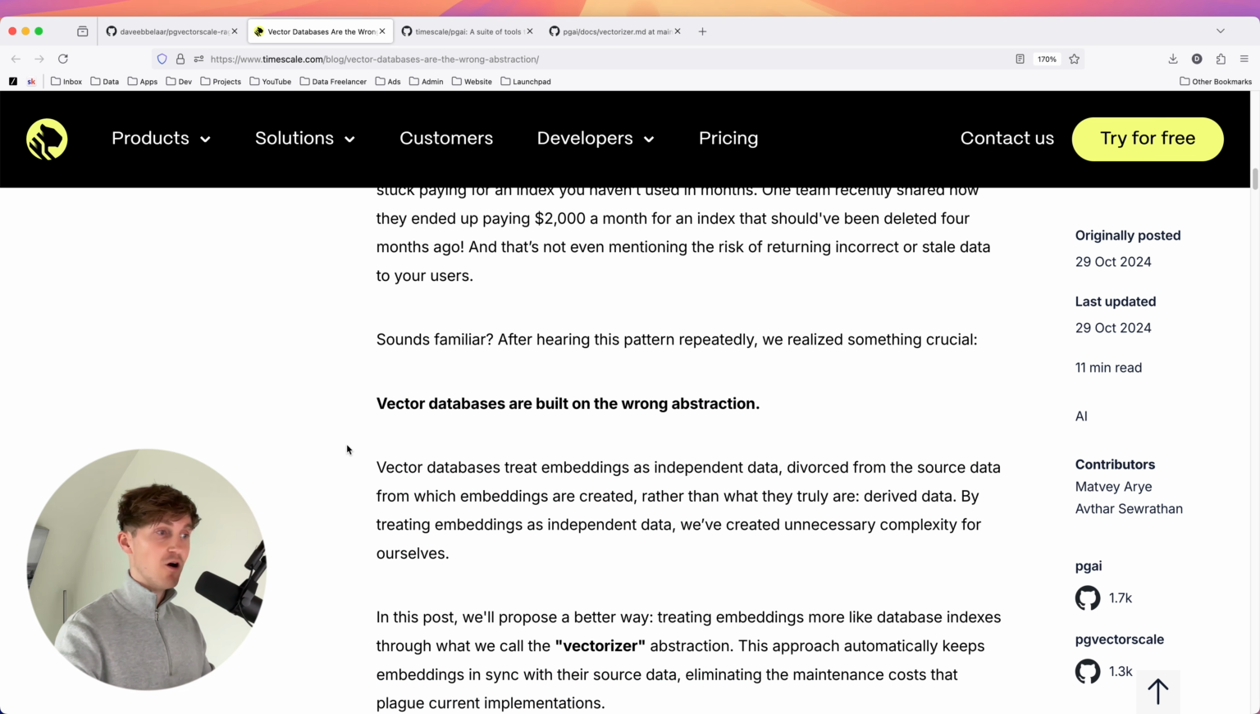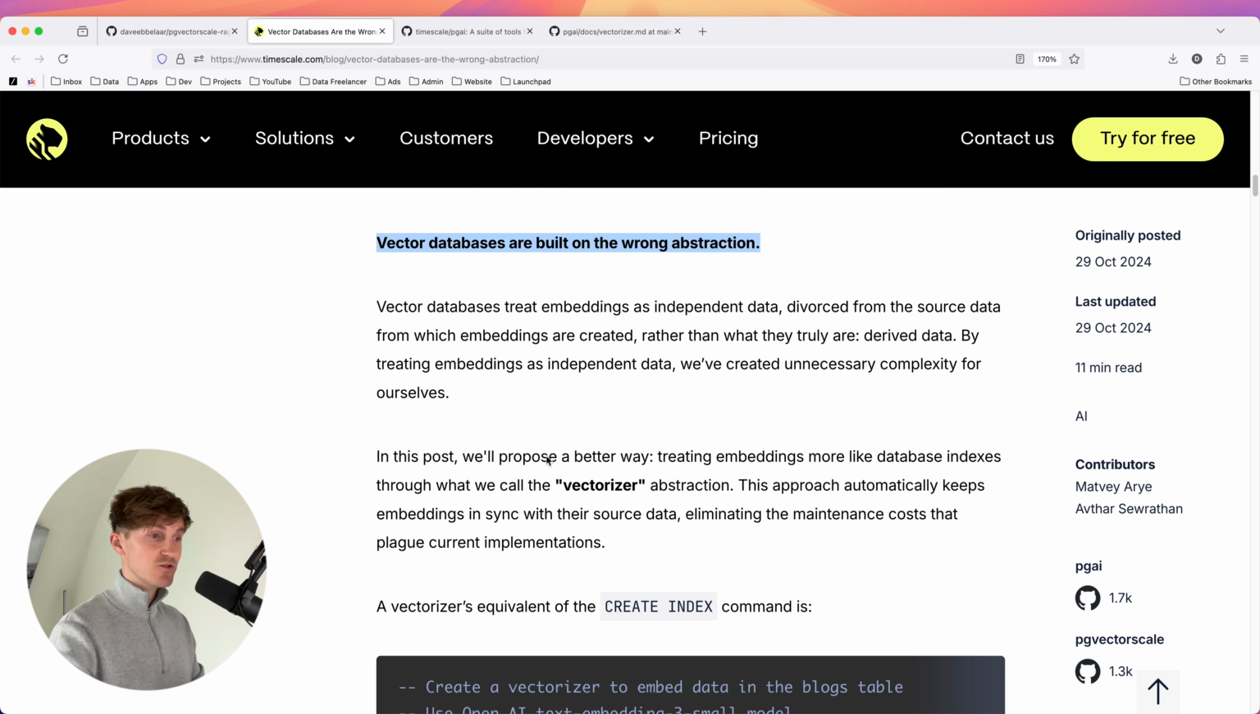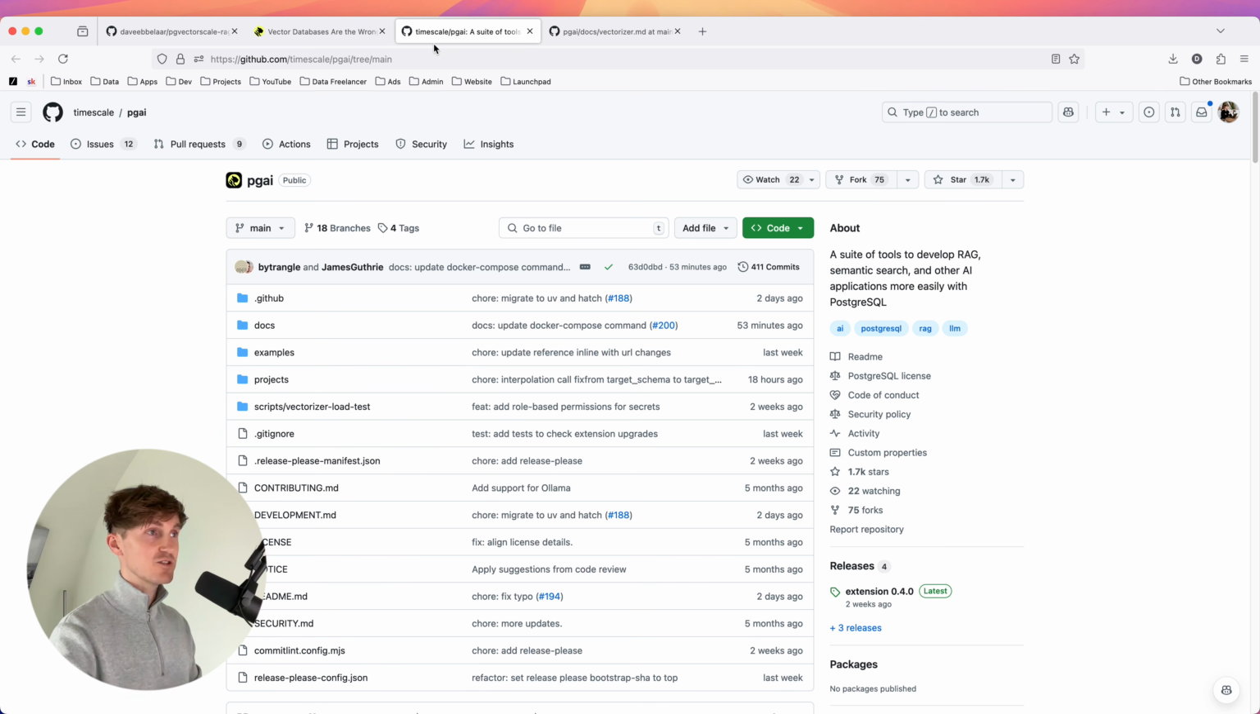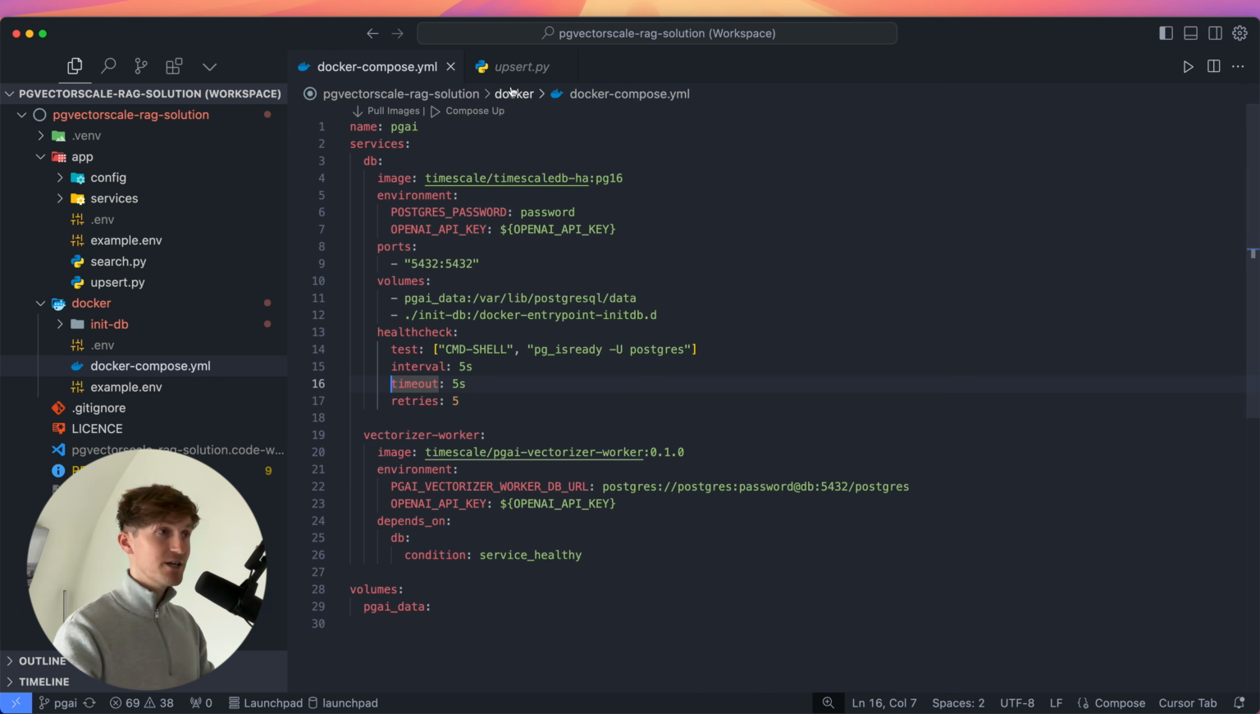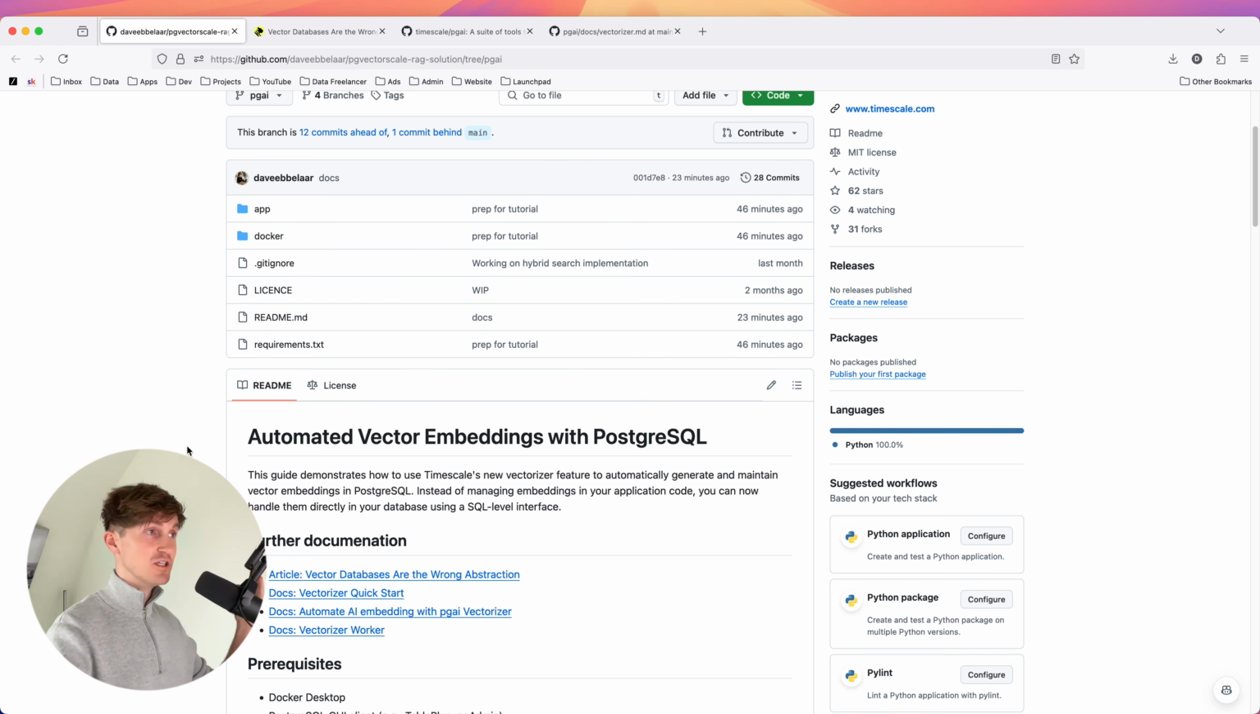And that's why Timescale argues that vector databases are built on the wrong abstraction. In this article, they introduce a new Vectorizer as part of Pgai that lets you create and sync embeddings straight from Postgres. And I went through the whole setup, testing everything out,